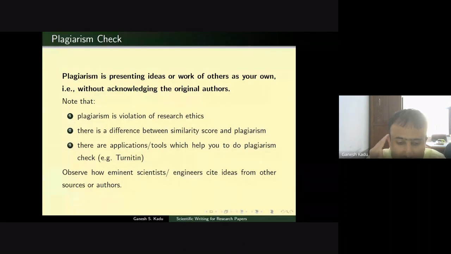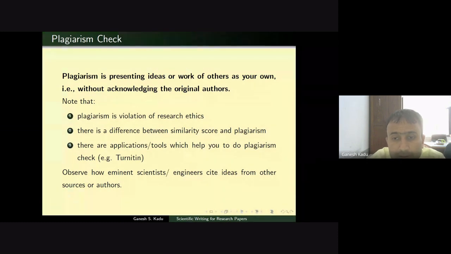As a researcher, as a person who's honest and has some dignity, you wouldn't want to get involved in such things, right? So that is more important. But even if you don't want to copy someone else's work and present it as your own, even if that is so,